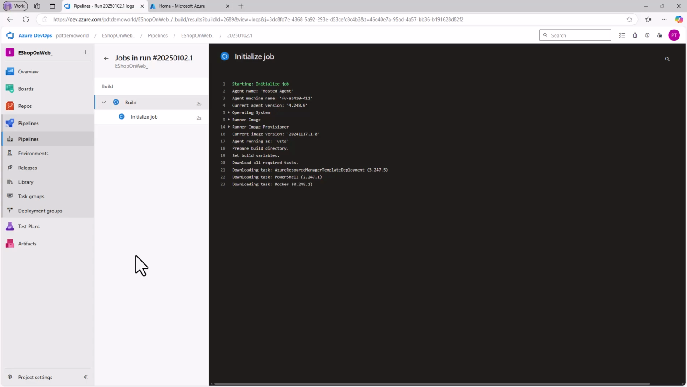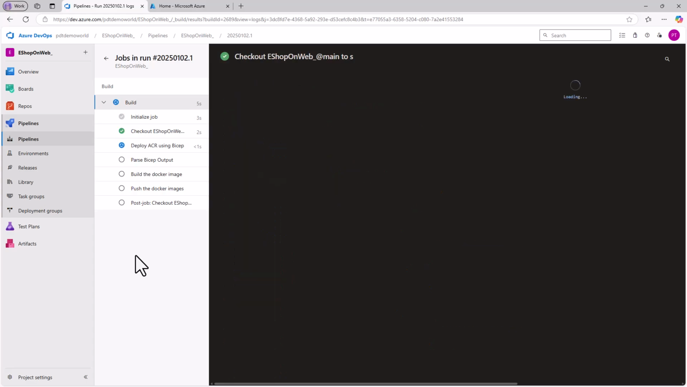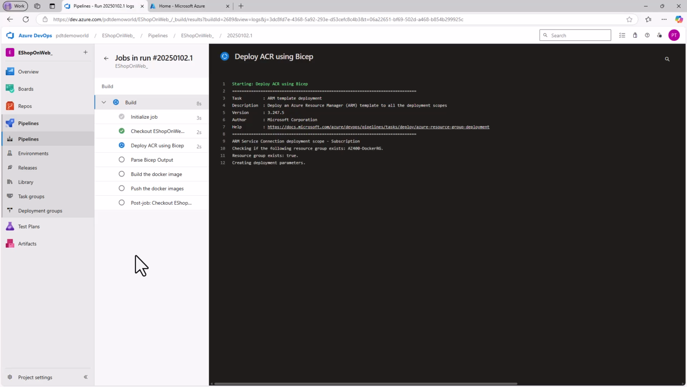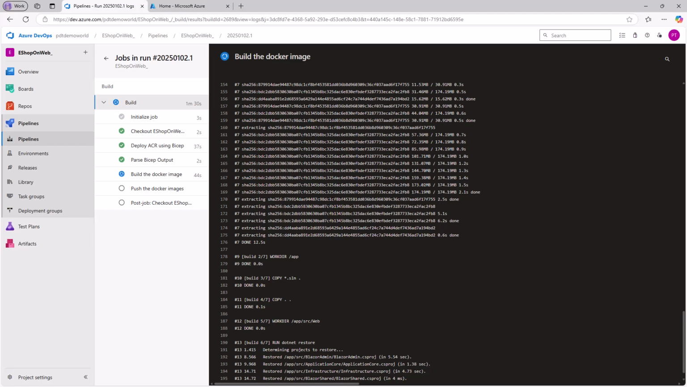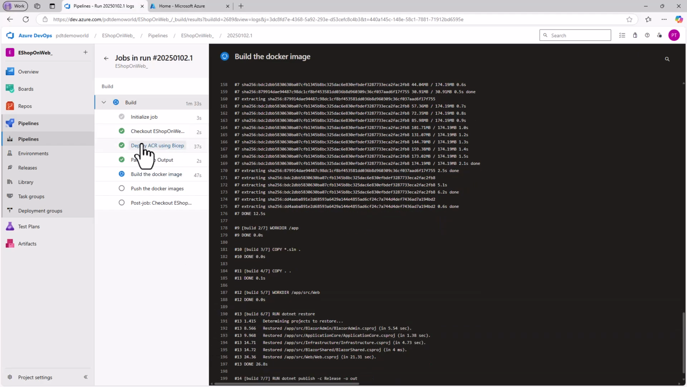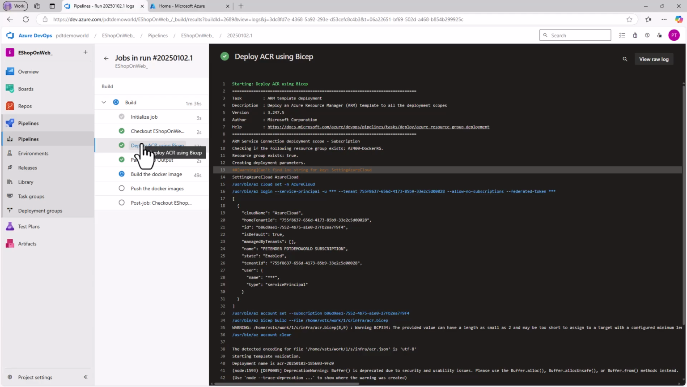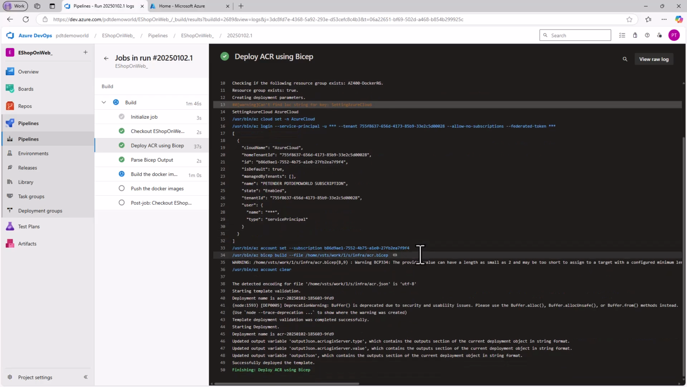After only a few seconds, it's connecting to an available DevOps server agent, and it's nicely looping through the different steps in our pipeline tasks. So if we take a look at the different steps and the different tasks actually inside our build pipeline, the first step is deploy ACR using Bicep. Now what you can see here is only the starting point, where